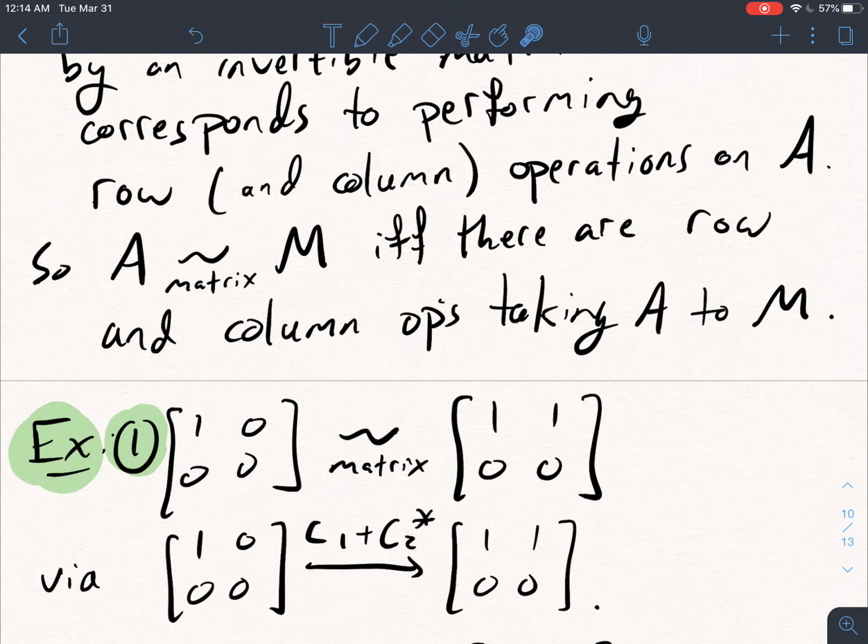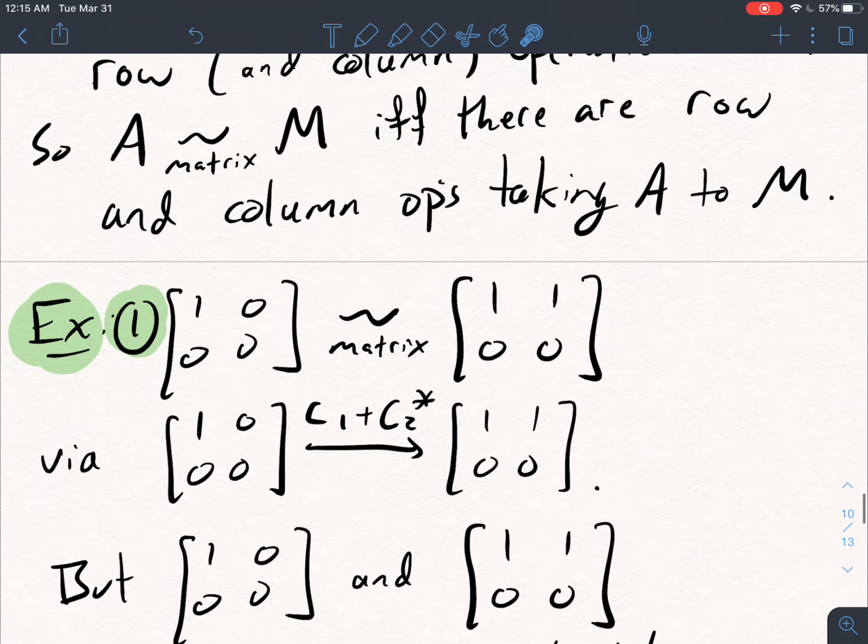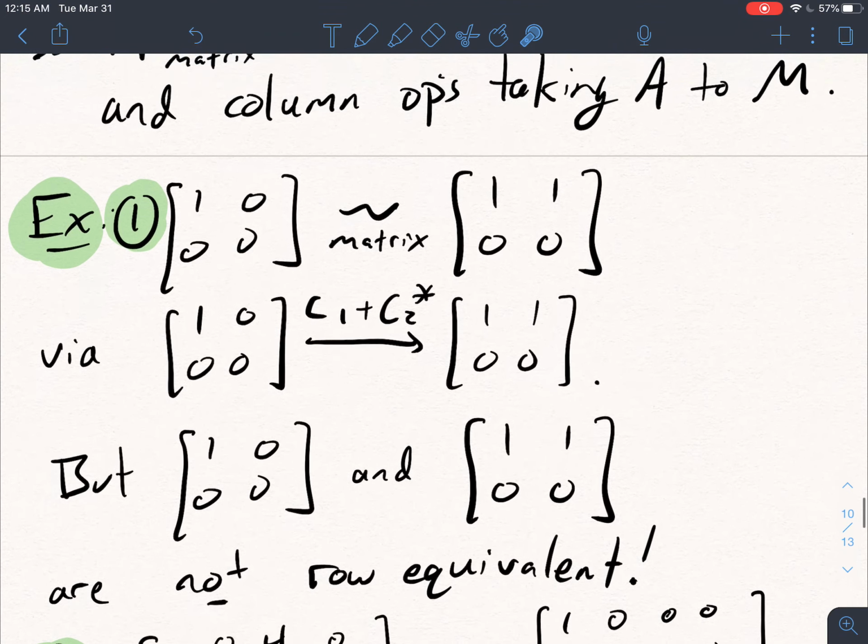The matrix 1, 0, 0, 0 is matrix equivalent to 1, 1, 0, 0 because you could do a column operation to go from this matrix to this one. In particular, you could add column 1 to column 2 and get this. And so there is a set of column operations that takes you from him to him. However,